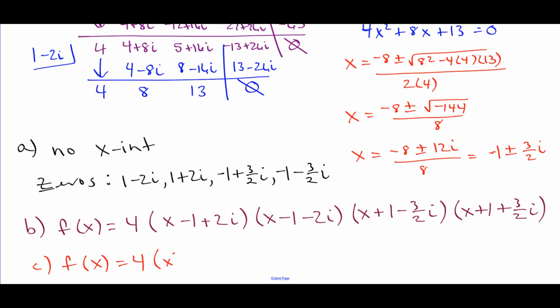So that's going to give me x squared minus x minus 2xi minus x plus 1 plus 2i, and then plus 2xi minus 2 minus 4i squared